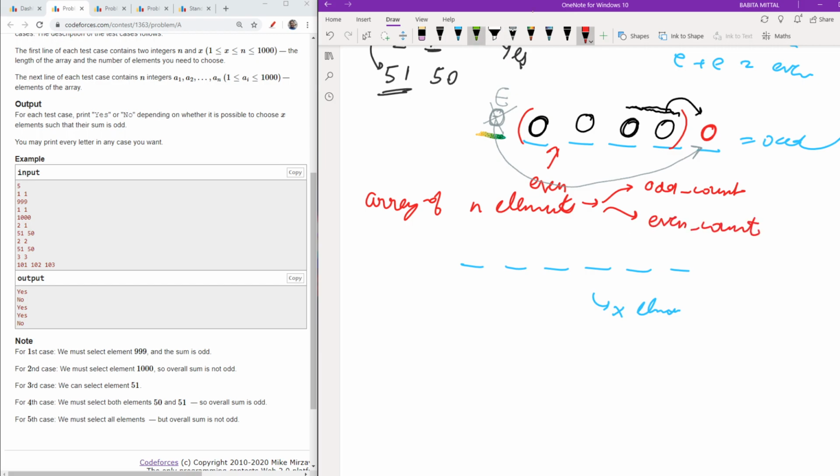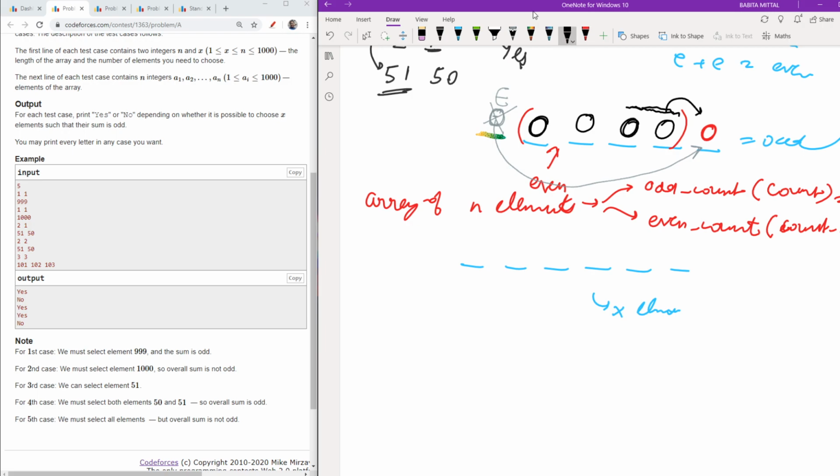In the code which I write, I represented this as odd count, and I represented this as even count. So remember that when I am showing the code, I will represent it like that.